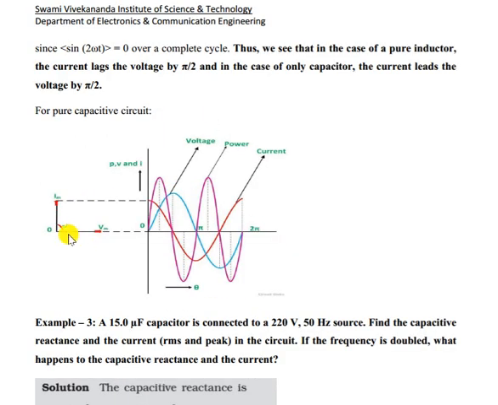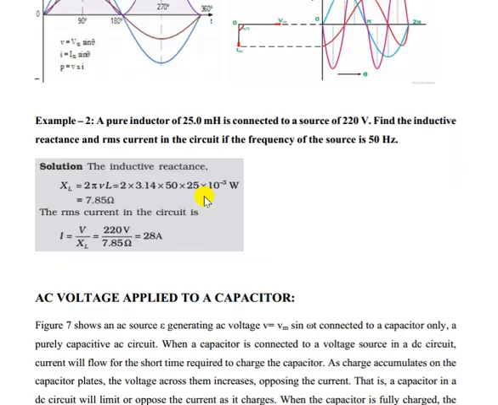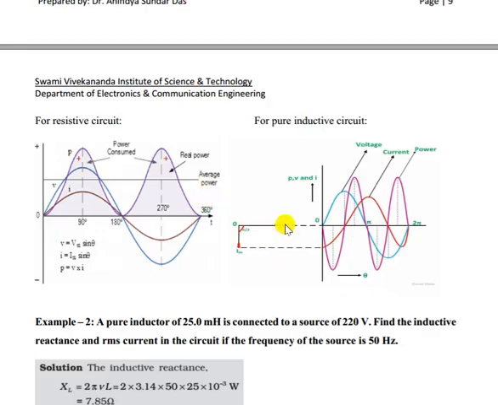Now you can see here, this is the phasor diagram, this is your Vm, this is your Im. Phase angle is 90 degrees. So current is leading, going in the anti-clockwise direction with omega. Now similarly for the inductive circuit, you can see here, this is your voltage axis, the current axis is here, and the angle between is 90 degrees. This is the anti-clockwise direction, so V is leading by 90 degrees.